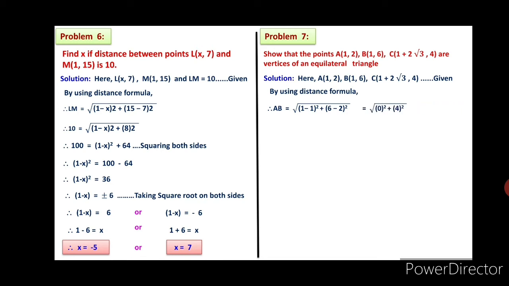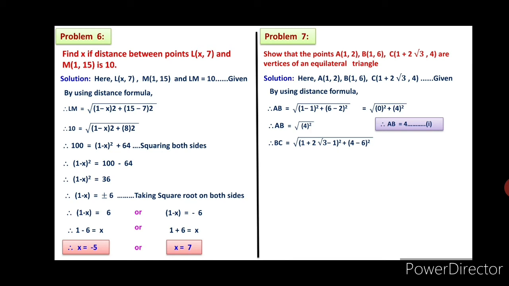Therefore, root of 0 square plus 4 square, which will be AB is equal to under root 4 square. So AB is equal to 4. This is statement 1. BC is equal to under root of bracket 1 plus 2 root 3 minus 1 bracket